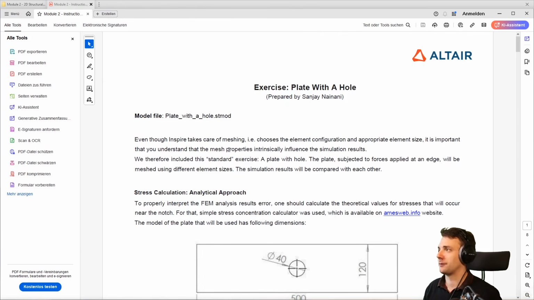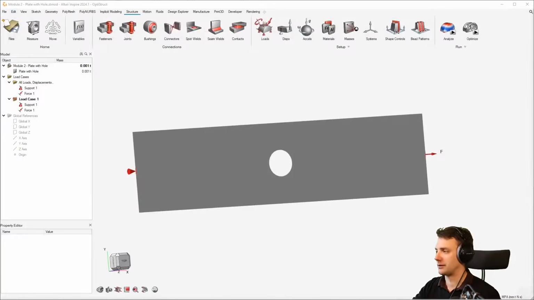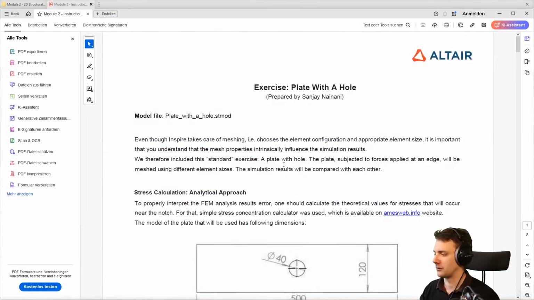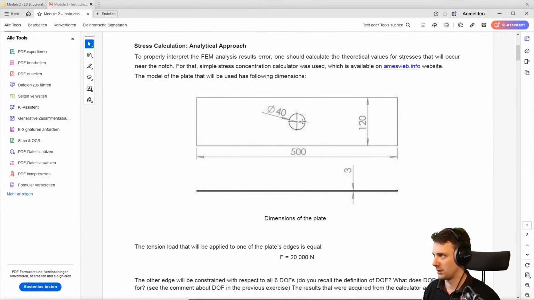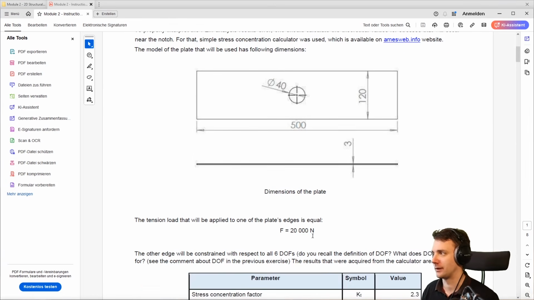All right, so we have this model here. I have loaded the model here into Inspire, and you see the geometric dimensions here. So we have 40 millimeters. This is the diameter of the hole. We have 120 millimeters width and 500 millimeters length of the plate. And the thickness of the plate is 3 millimeters. And this is loaded with 20 kilonewtons at one side, so pulling in one side, and the other side is